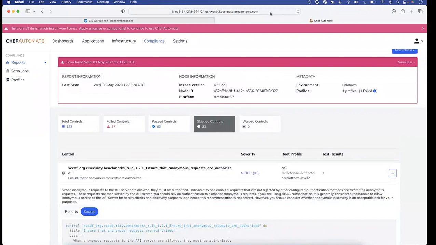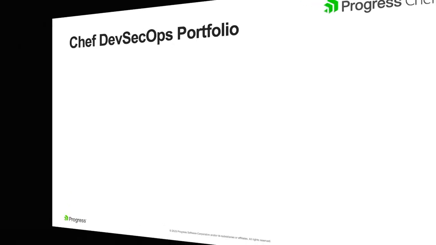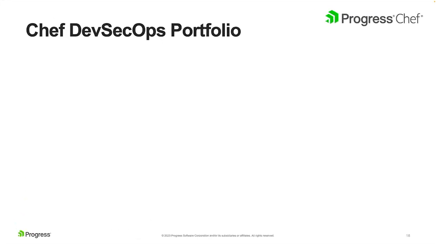Thanks, Ashwini. That was a very insightful demo. We're almost at the end of the session. But before we answer all the questions, I would like to take a minute to give an overview of the Progress Chef product portfolio. Our cloud and container security capabilities are part of a broader DevSecOps portfolio, and this includes